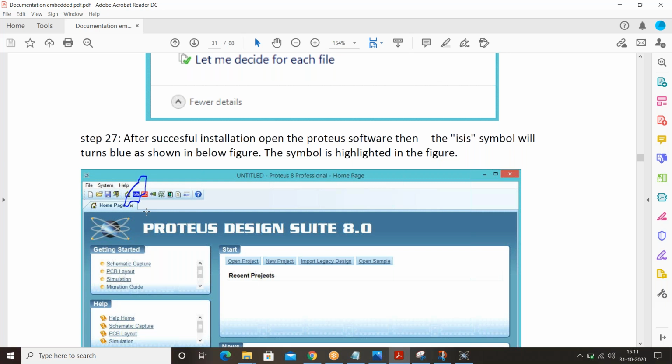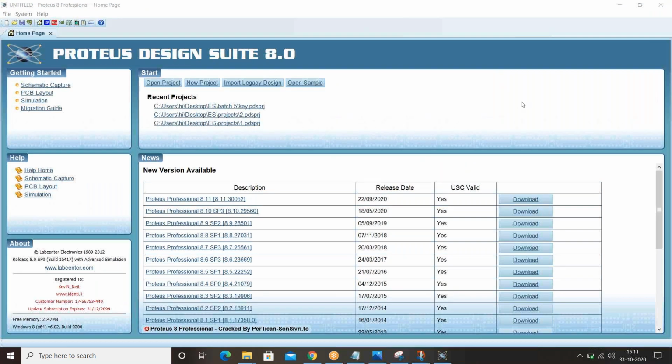Okay, guys, this is all about the installation process of Proteus 8, and I hope you downloaded the Keil software. Let me go forward. Okay, so fine. Guys, please respond that everybody downloaded these two, everybody installed these two. Remaining, please respond.